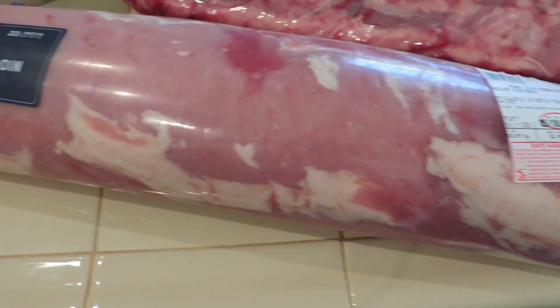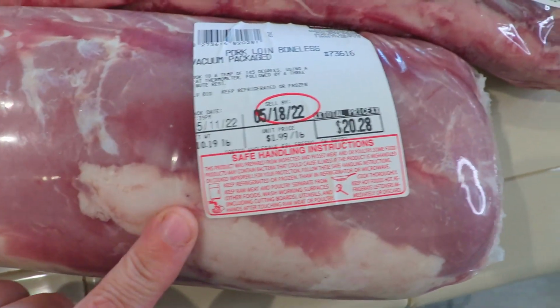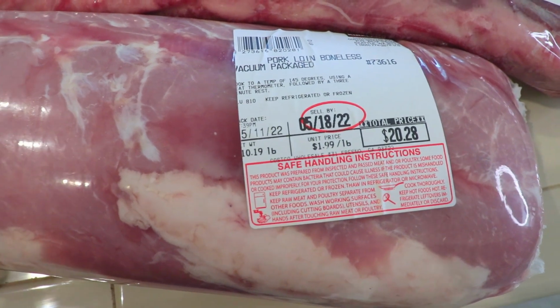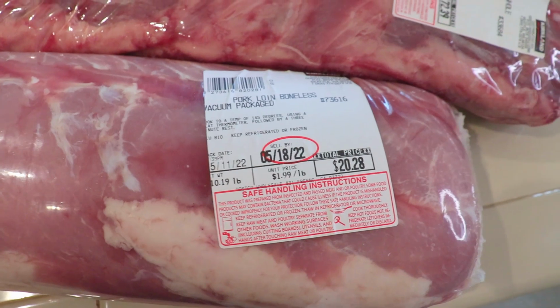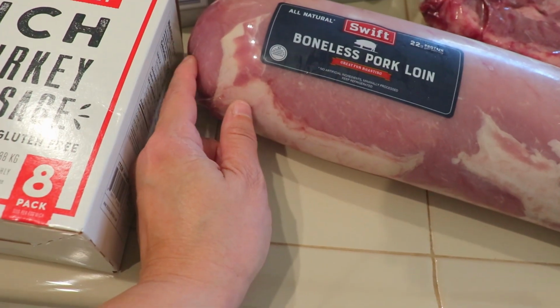So here we have a pork loin, and this will be made into pork chops. This was $1.99 a pound, and it is a little bit over 10 pounds, and the price is $20.28. I'm not actually sure how many pork chops this will make, because I do plan on cutting them about 1.5